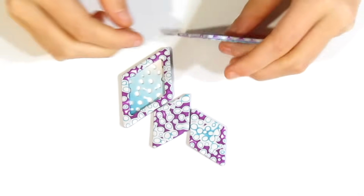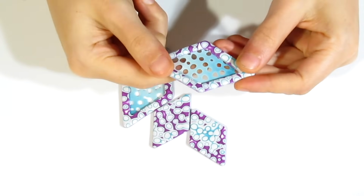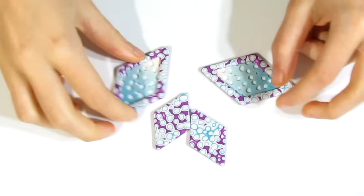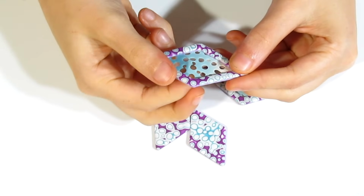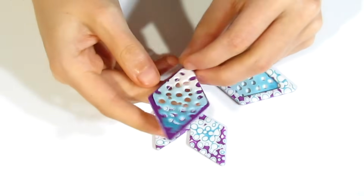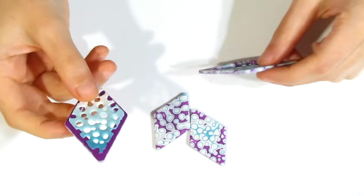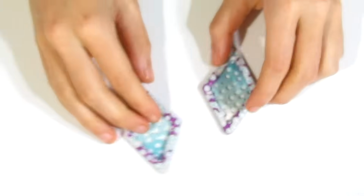Okay, so here they are out of the oven. Now this is going to still feel a little flexible after you've baked it. It should be slightly flexible, but it shouldn't break when you are touching it. You can see a little flexible there. Okay, so it looks good from the front, but I do want to fix up the back now. So we'll put these to the side, we can do the backings for those in a little while. And for these ones,